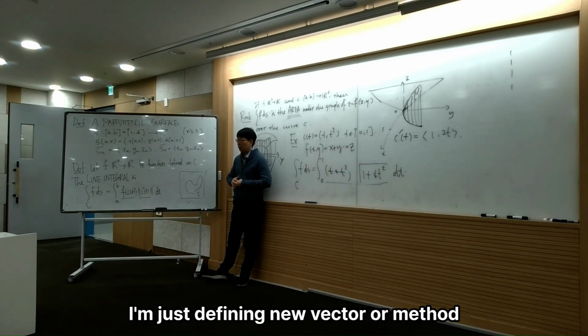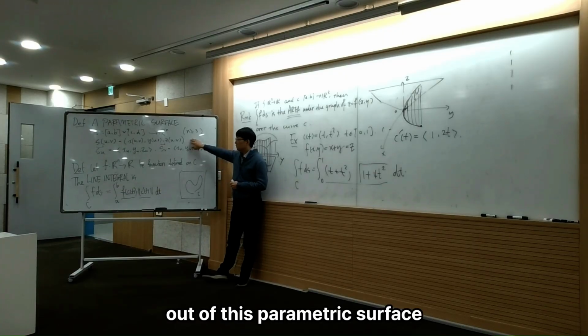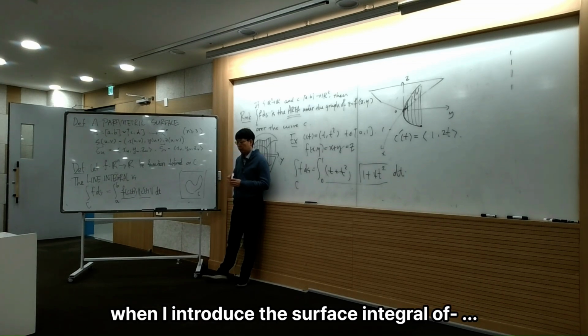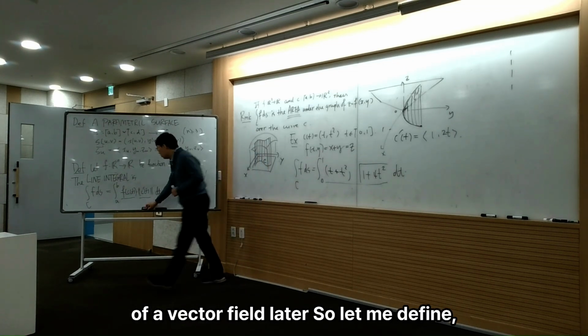I'm just defining a method of finding new vectors out of this parametric surface. So this is my definition. I'm going to use it when I introduce the surface integral of a vector field later. So let me define